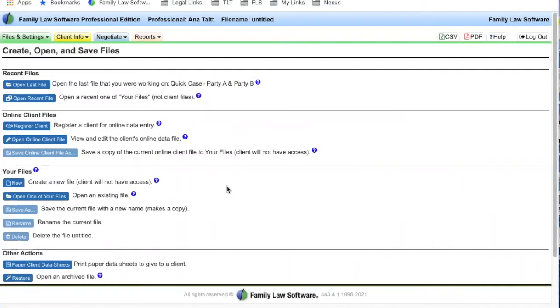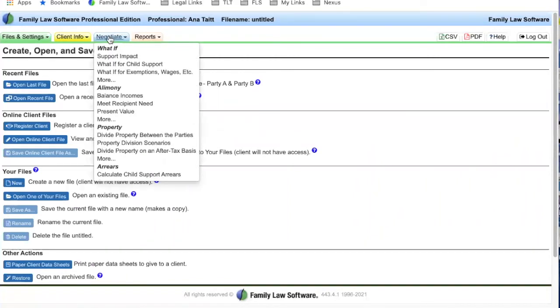So today we are focusing on one area of the program and one area only, and that is your negotiate tab. When I click negotiate, these are all of the tools. I'm going to try to get through as many tools as possible. My goal is not to overwhelm you. My goal is to show you the power of the software, the power of using these tools to balance out,